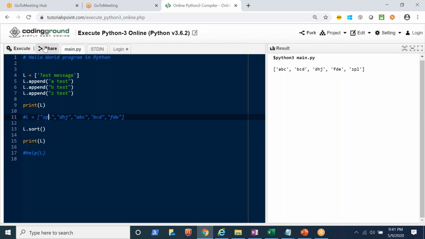Now if I again print, it could be a capital or a small letter, right? The capital letters come first, capital A, capital B, capital C, and then the small alphabets. If I make this way,